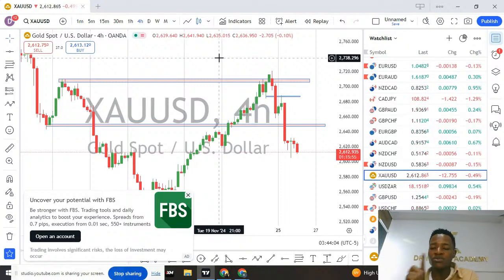The moment you have a small account, I say if you have an account of less than $100, there is nothing like risk management. Someone will ask me, how are you able to trade with $14 and make over $340? Whenever I say this, trading with less than $100, there is nothing like risk management, because if you're trading with $20, $40, $50, even if you apply risk management, you stay a whole year before you flip that account.